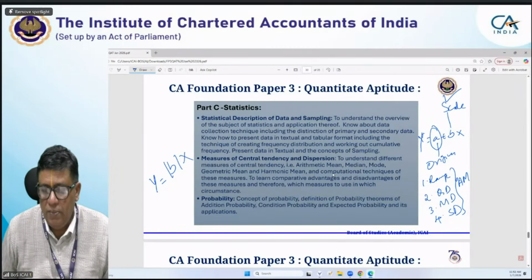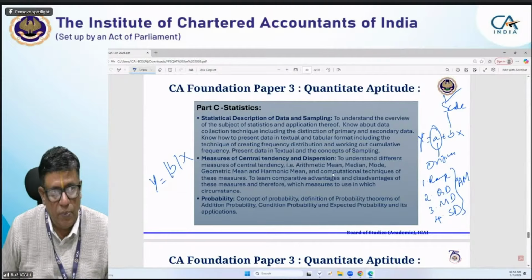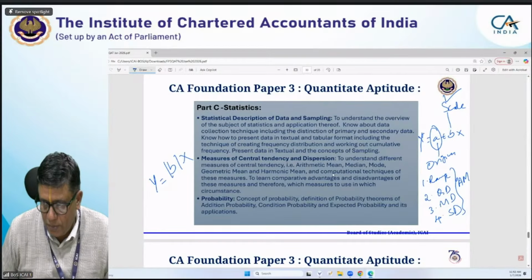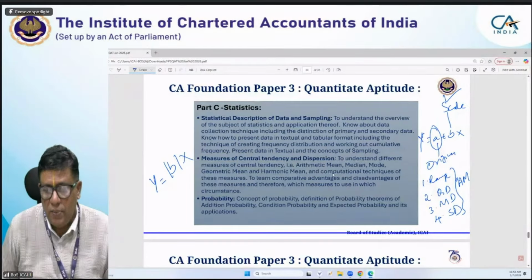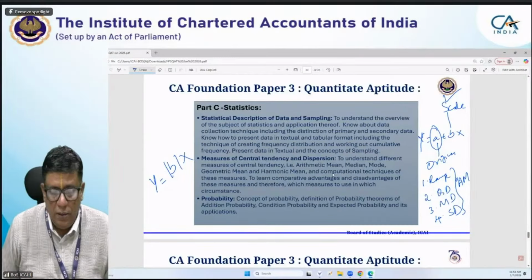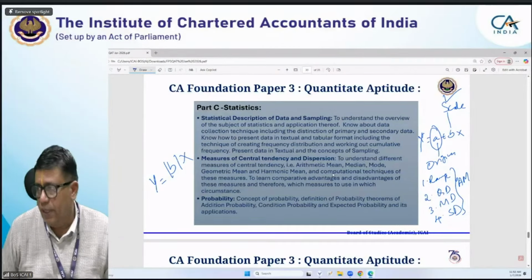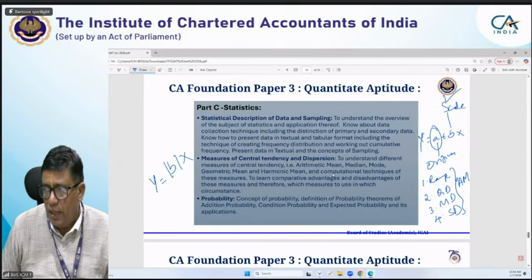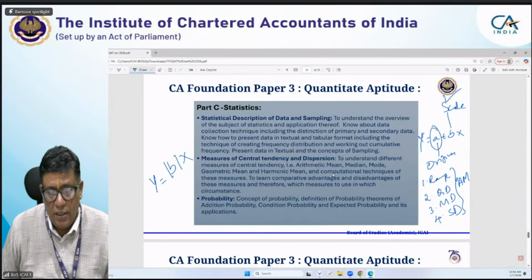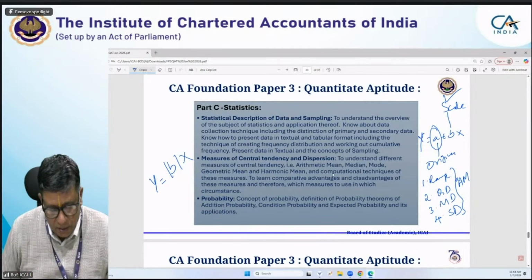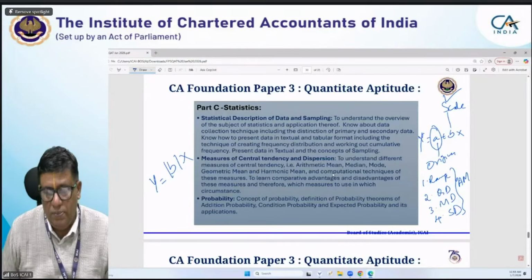Next one is the mean deviation. Mean deviation, or absolute mean deviation, is computed using absolute values even though there are negative values, and it is computed from the mean, median, and mode. Among those, mean deviation from the median is the best. Sorry, mean deviation from median is the best among mean deviation from mean, mode, and standard deviation.